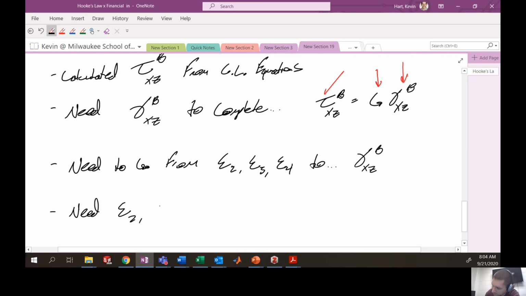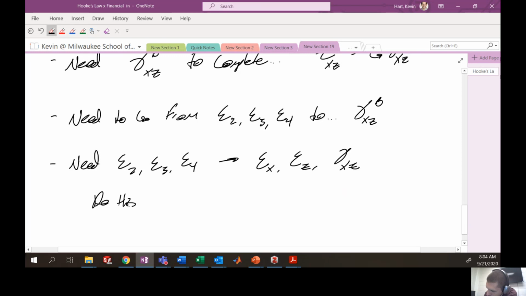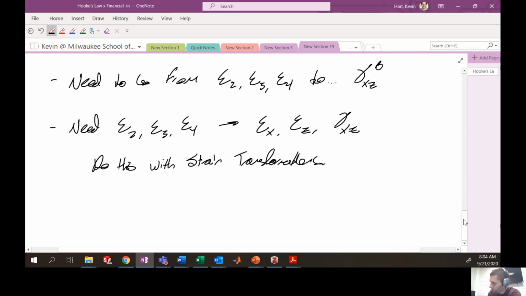Okay, so what we need to do is somehow take epsilon 2, epsilon 3, epsilon 4, and go to something like epsilon x, epsilon z, and gamma xz. And we're going to do this with strain transformations. Okay. So let's go ahead and take a look at this. So recall, for a 45-degree rosette,